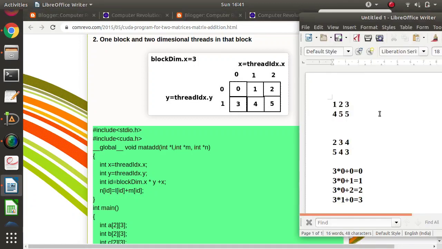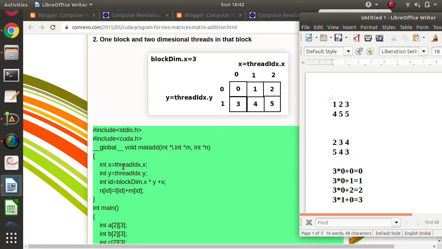Now in the same way, we have to find the addition of two matrices, but though logically it looks two-dimensional, linearly the elements are saved in memory. And we are accessing them by using pointers. So for a matrix we are using a two-dimensional block structure or thread structure. In this example we are using one block, and inside that two-dimensional threads. So we are calculating this value. We require these IDs. For this, threadIdx.x will be the thread ID along the x-axis, and this is the thread ID along the y-axis, and in the same way we will use it.